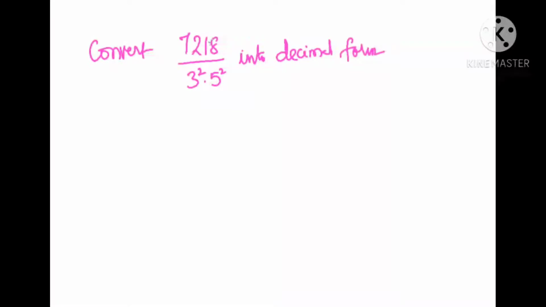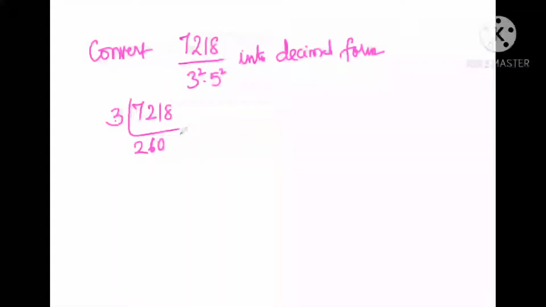So here also you have to prime factorize. In the denominator, the product of prime factors is already given, so there is no need to do it there, but we have to prime factorize the numerator. Which number divides here? 3 divides. 3 2s are 6, 3 6s are 18... 3 does not go into 1, so keep 0. Many children make mistakes here, so you must keep 0 here.